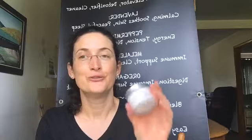So this is my new favorite, super easy doTERRA product to use for hydrating my skin. It's the hydrating cream from the Essential Skincare line. It's amazing for your face, your neck, and your hands. And it smells, of course, because it has doTERRA essential oils. It smells amazing